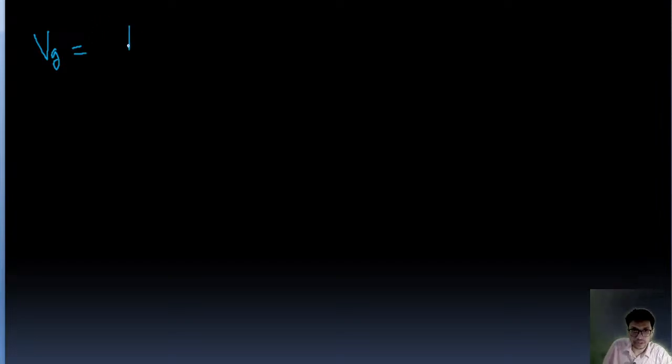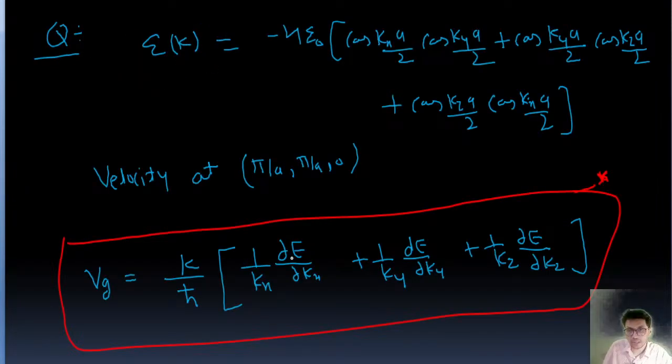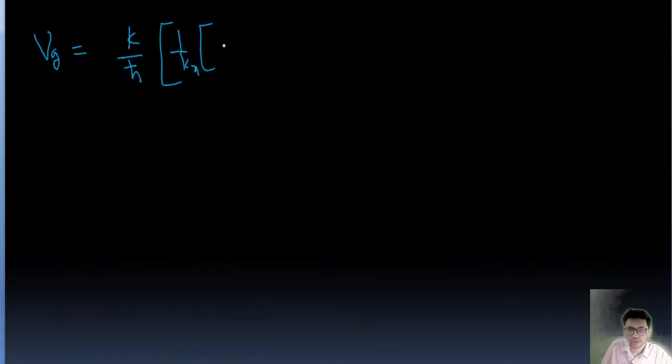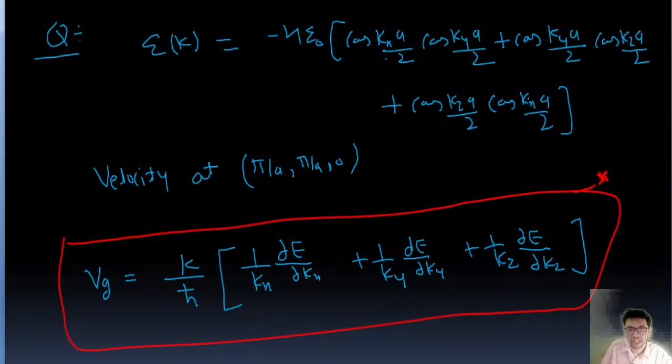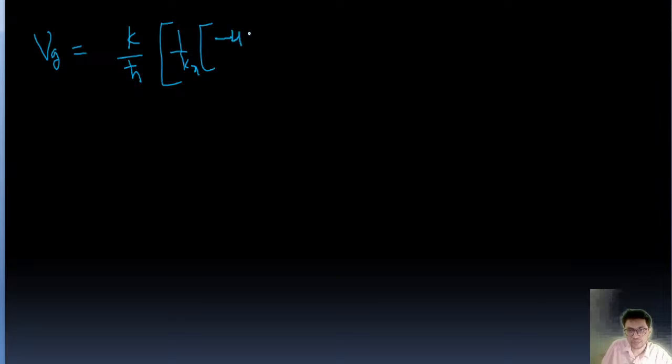we can write, k upon h cut, so 1 upon kx, here this is del E over del kx, right? So del E over del kx means this one, minus 4 epsilon e del e, this will differentiate this and this with respect to k. This value is going to be 0 because there is no kx, right? So this is going to be minus 4 epsilon 0. What we can do is this, we can take common. So this is minus 4 epsilon 0